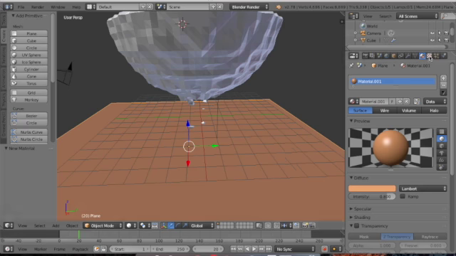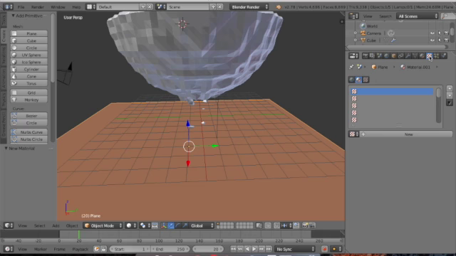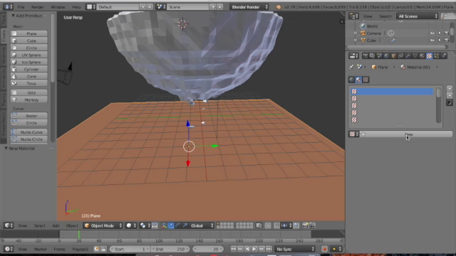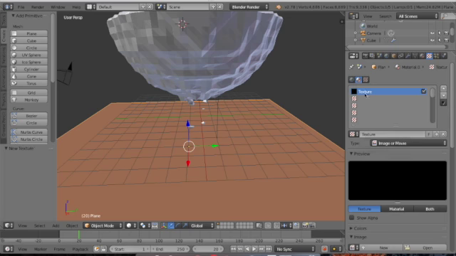Well, I would also use a texture and give it some texture. For example, a new one, we would give it a name,